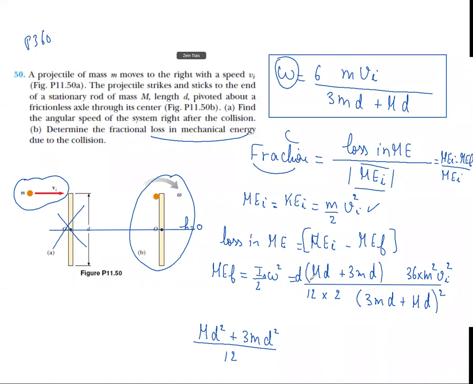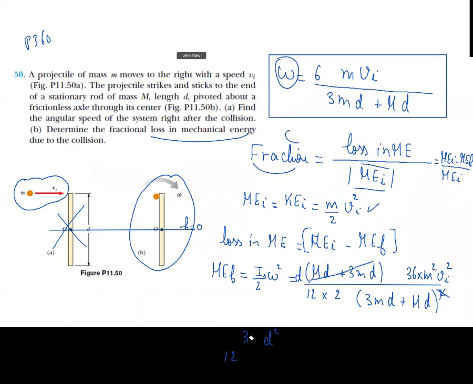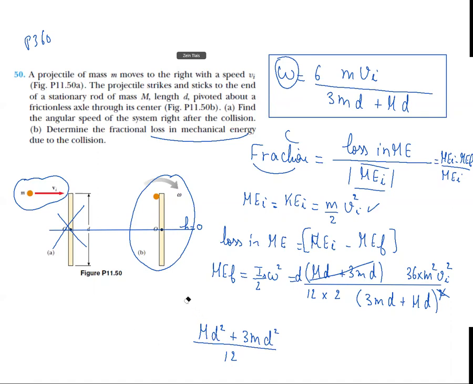We can eliminate this one and square from here. So we get here the mechanical final, which is equal to